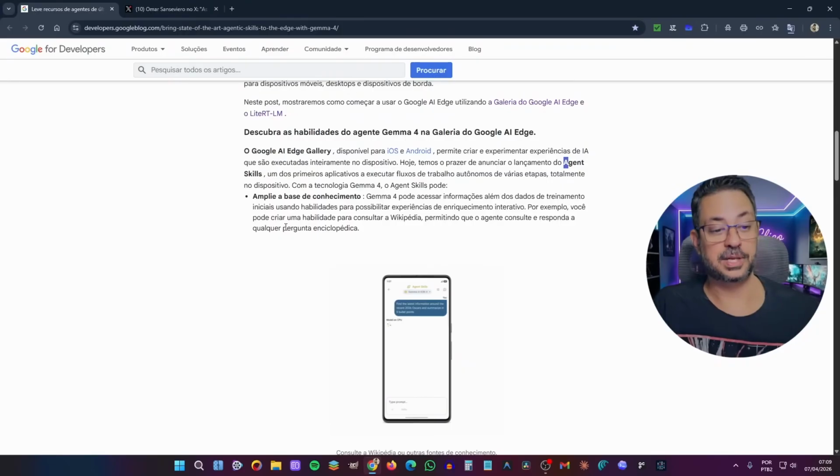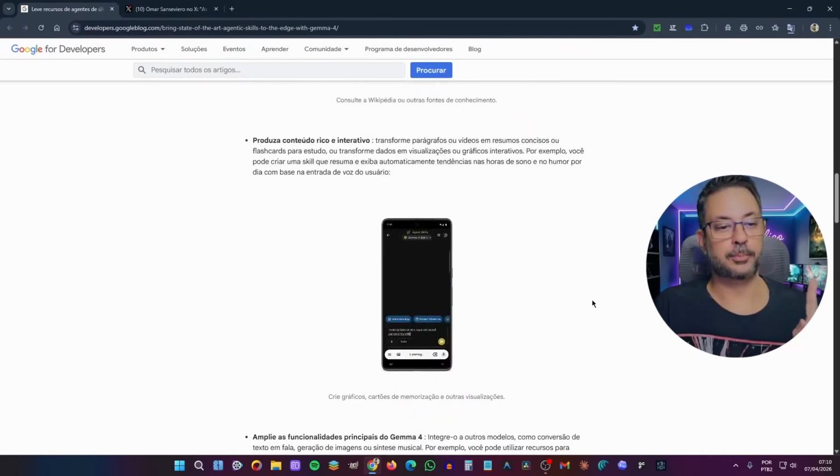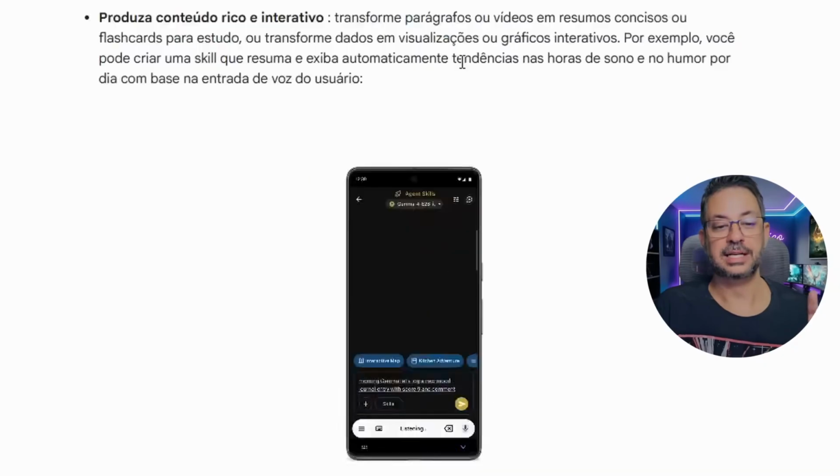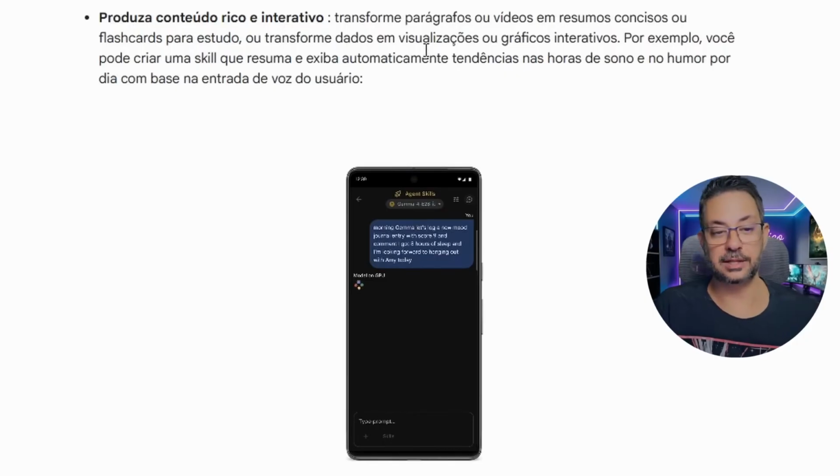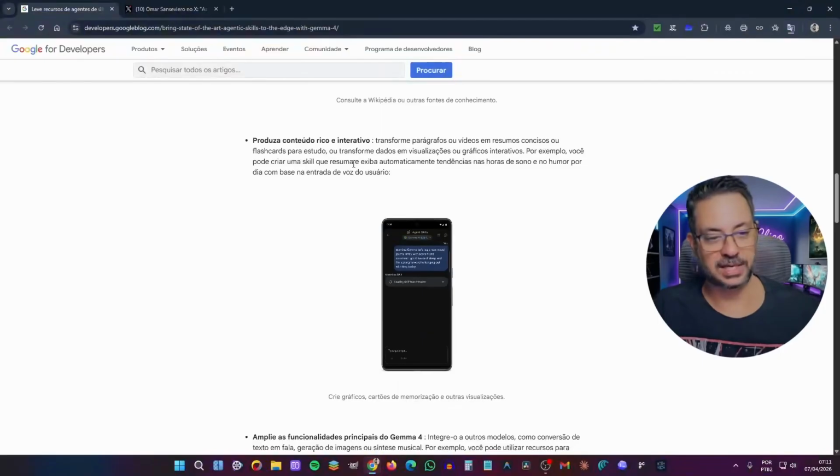For example, you can create a skill to query Wikipedia, allowing the agent to look up and answer any question from the encyclopedia. Another function, produce rich and interactive content. Transform paragraphs or videos into concise summaries or flashcards for studying, or turn data into interactive visualizations and charts. For example, you can create a skill that automatically summarizes and displays trends in sleep hours and mood based on